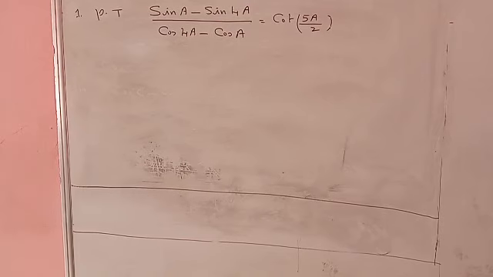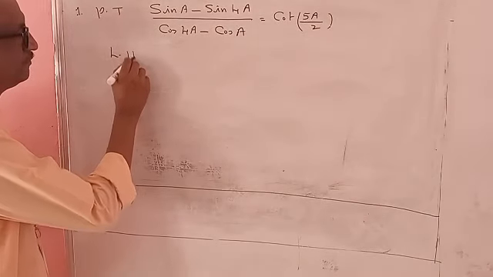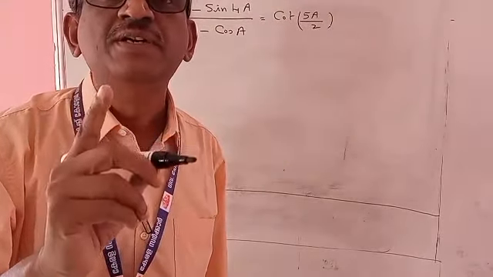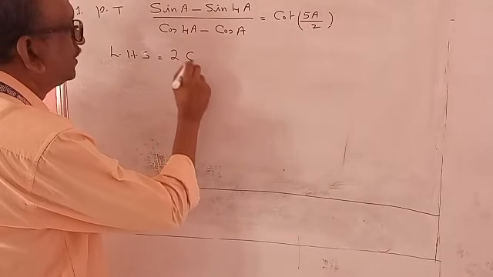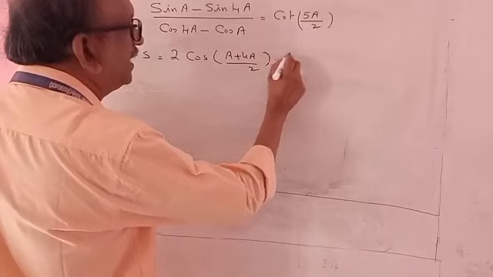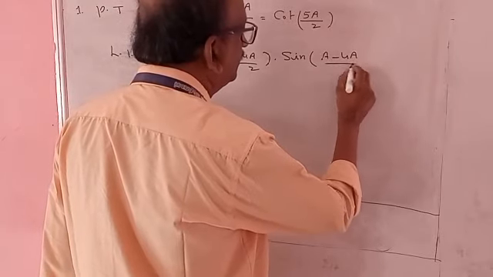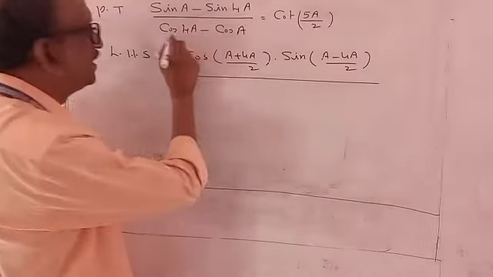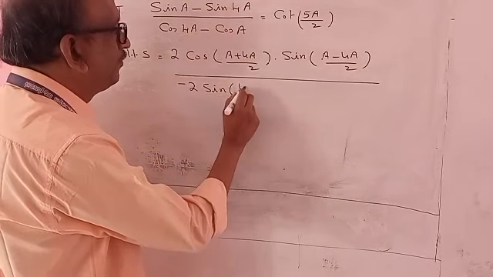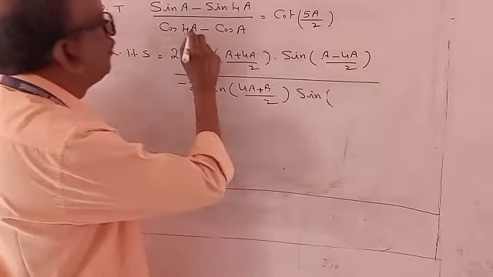Therefore, left hand side is, sin c minus sin d is same as 2 cos (c plus d)/2 into sin (c minus d)/2. 2 cos (a plus 4a)/2, sin (a minus 4a)/2, divided by, this is cos c minus cos d, minus 2 sin (4a plus a)/2, sin (4a minus a)/2,